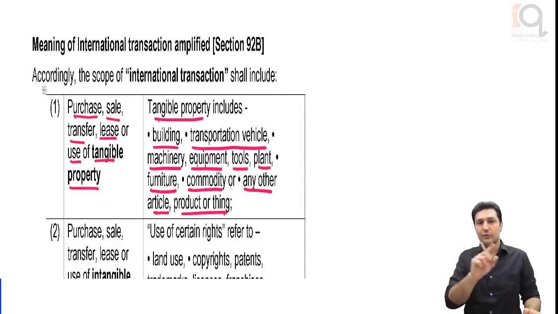What are they trying to do? They are trying to reduce the overall taxability. So they might say, okay, let's show the lease rent less than the market price. So if the market price is 100, let's show it at 70. In effect, the income of the non-resident is now being taxed at 70, which is at 40% rather than 100